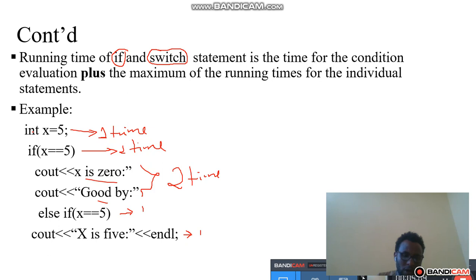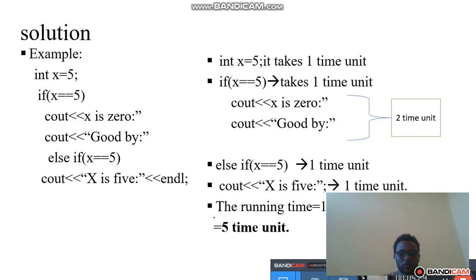Assignment operator, this one plus the maximum of the running times of the individual statements። ከነዚህ ሁለቱ ግን ማክሲማም እንወስዳለን ማለት ነው። ስለዚህ ማክሲማሙ ስንት ይሆናል? 2 time unit maximum እንወስዳለን ማለት ነው። Let us proceed to the solution. This one is an assignment operator, this one takes 1 time unit because it is an assignment operator, this one also takes 1 time unit, this one is 2 time unit።